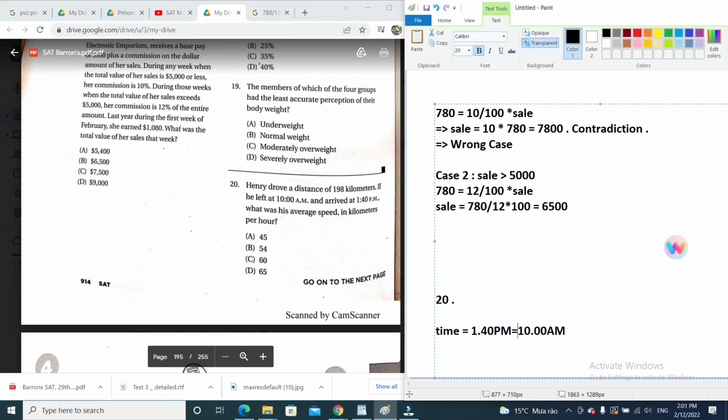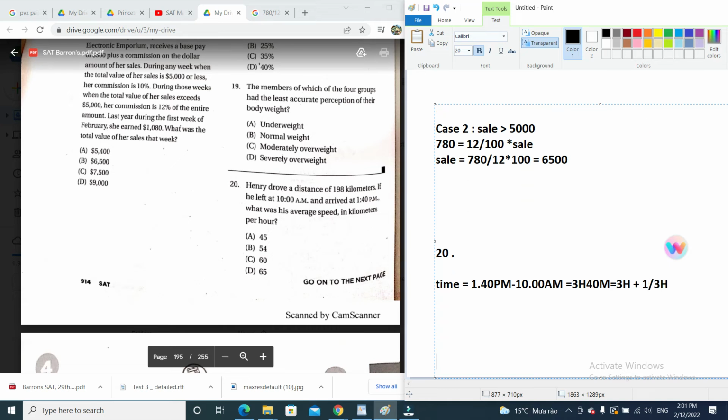Right, so that is actually about 3 hours and 40 minutes. So that is actually 3 1/3 of an hour. So 3 hours plus 1/3 of an hour. Okay. So but the distance